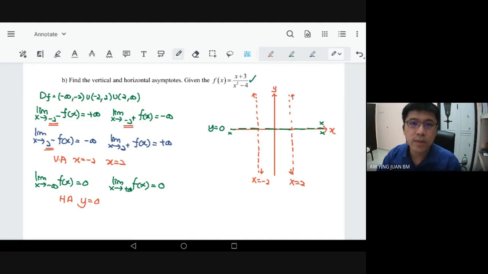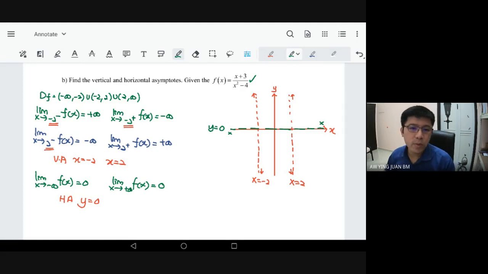Ulang proses yang sama, calculate, substitute 100 sebab positive infinity. Kalau positive infinity, kita letak 100, assume. So, kita dapat 0.01. Bermaksudnya, nilai y kita adalah di atas. Okay? So, inilah lebih kurang situasi dia. So, kita boleh kata, graf kita macam mana?